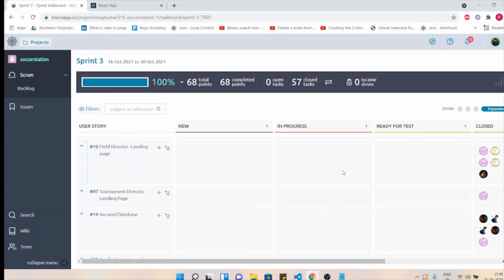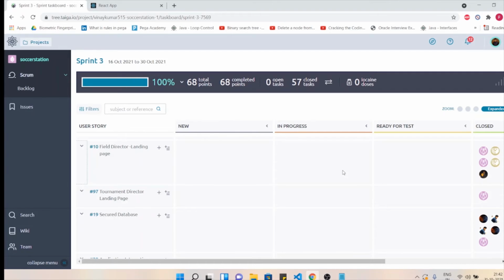The third practice that we incorporated was that each and every development task was assigned a testing task. For example, as you can see, the team director landing page was tested by Mr. Akhil. Secure authentication was tested by Mr. Sham. Field director was tested by Mr. Sham. Integration testing was done by Mr. Rohit. Referee director was tested by Rohit again. And the audience landing page was tested by Paul. So we made sure that testing was given importance.